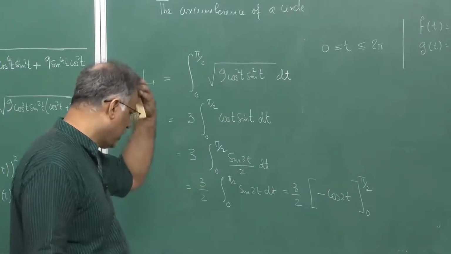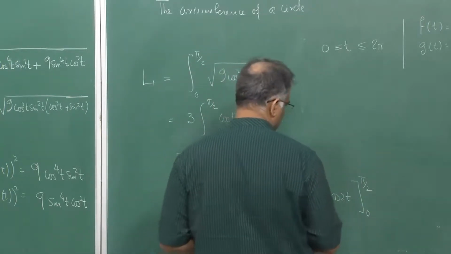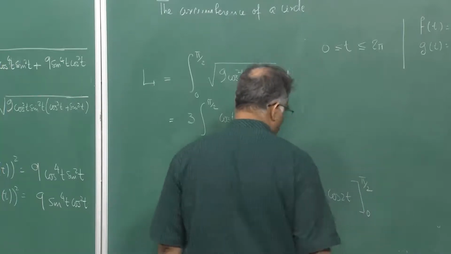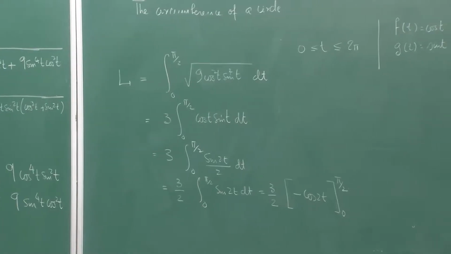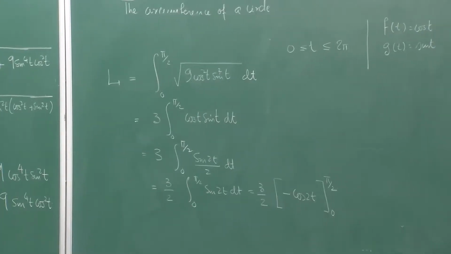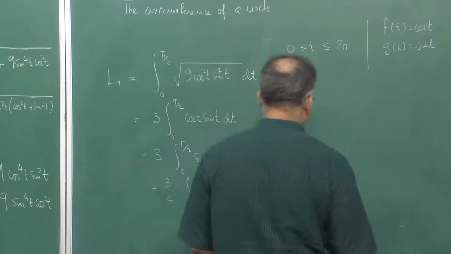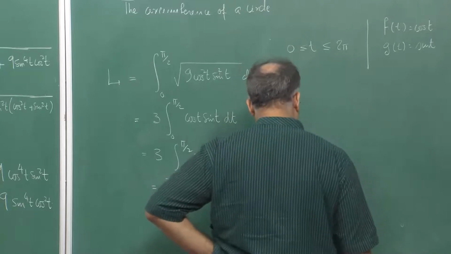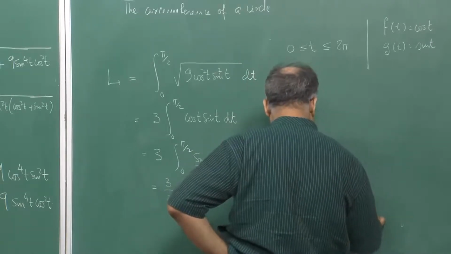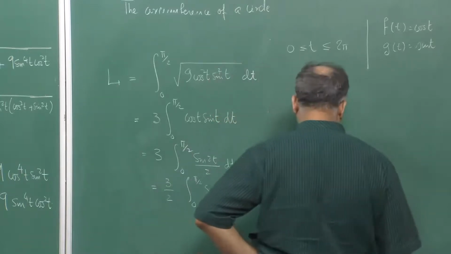So, when I put t equal to 0, cos 2t will become 1, and when t equals pi by 2, it will become minus cos of pi. So there will be 3 by 4th of course. Cos of pi is minus 1, so it is 1. So it is 3 by 4th, because cos 2t by 2, 2 has come out, 3 by 4th,